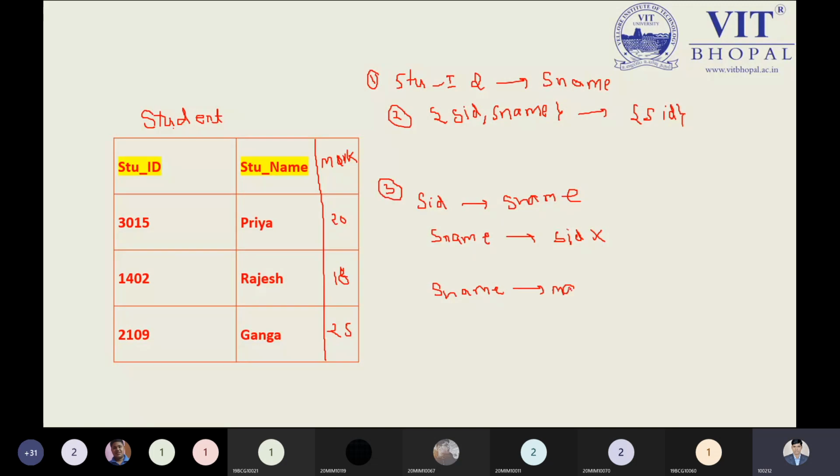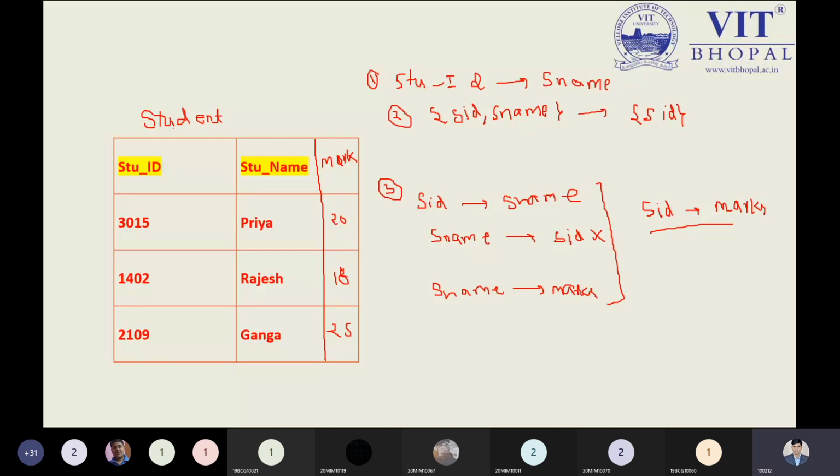So after understanding this point, now you are able to understand if you try to use this point. With the help of transitive functional dependencies, we can see student ID determinant to marks. So marks depend on the student ID. That is the point we can see through our transitive dependencies. Okay, so this is the point we have to keep in mind properly. So now it is clear to all? The fundamental part is clear to all right now?